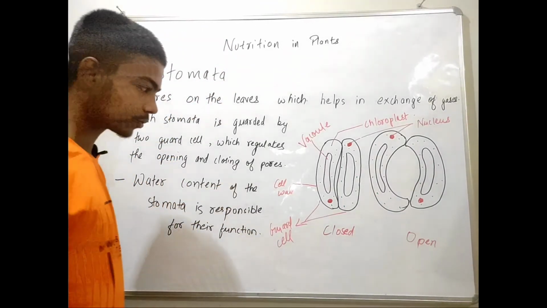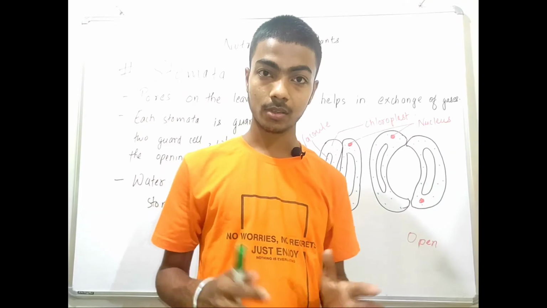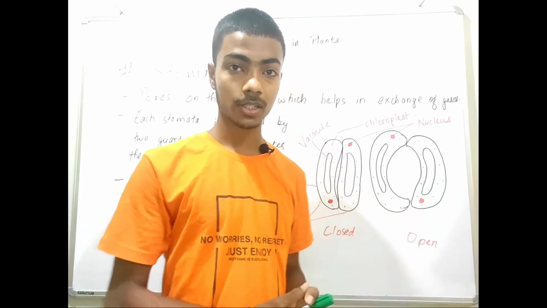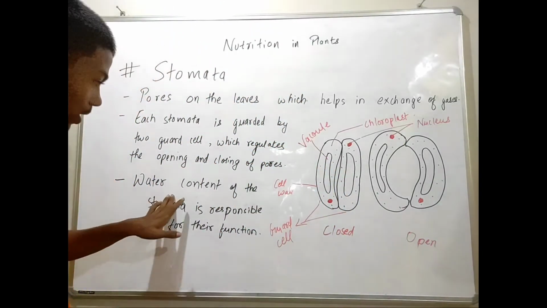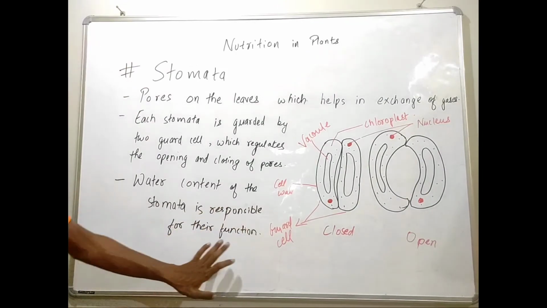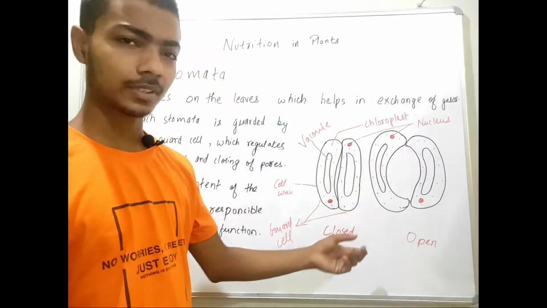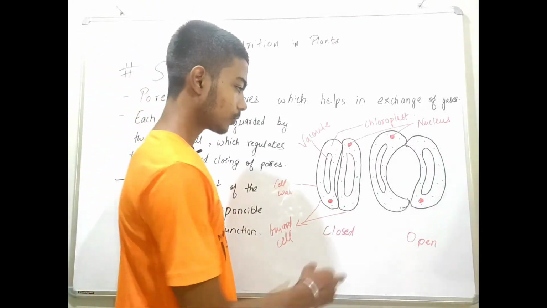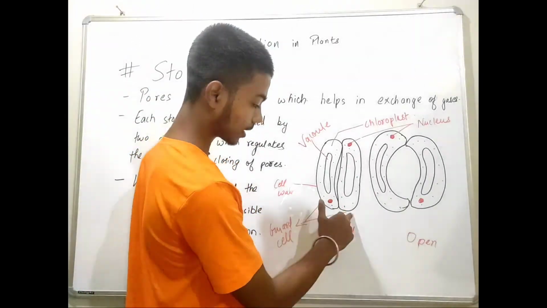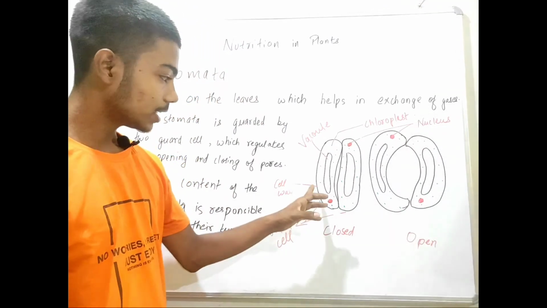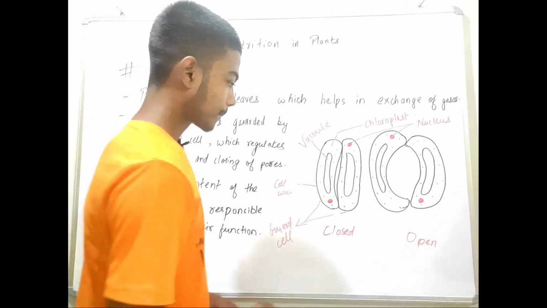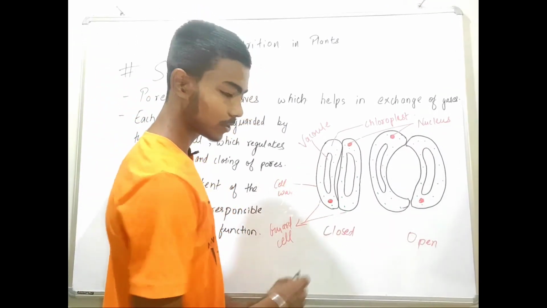And this opening and closure of a stomata works due to the water content inside the guard cells. So water content is responsible for their function. Now let us look very briefly at how this works. So this is a stomata and these are guard cells. So basically what happens here is that the guard cells